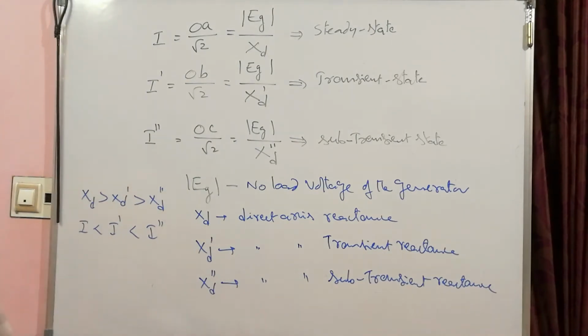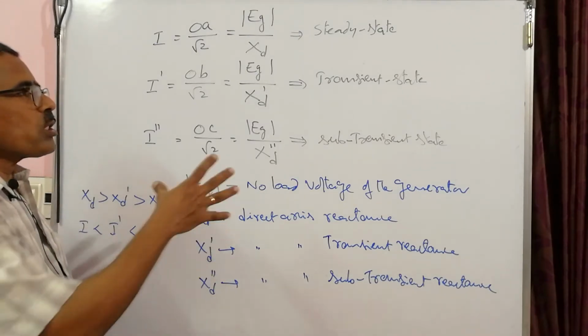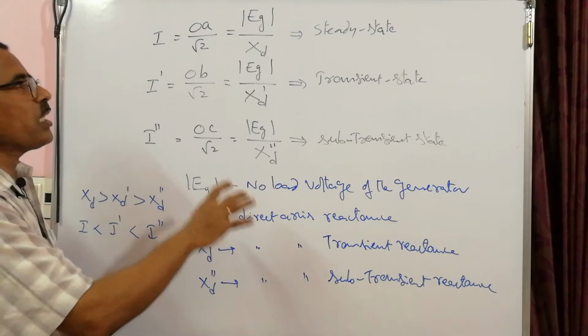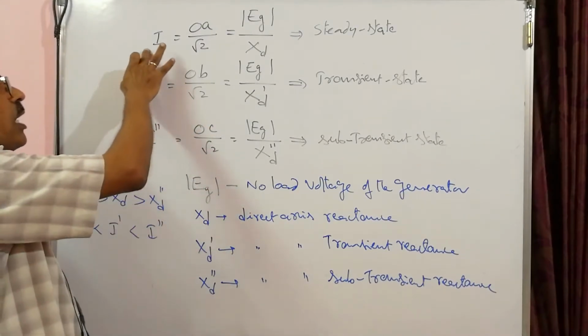So finally the alternator offers three reactances. That means the stator of the machine offers three reactances, and those reactances limit the currents, and respectively for three regions you get three currents: I dash, I